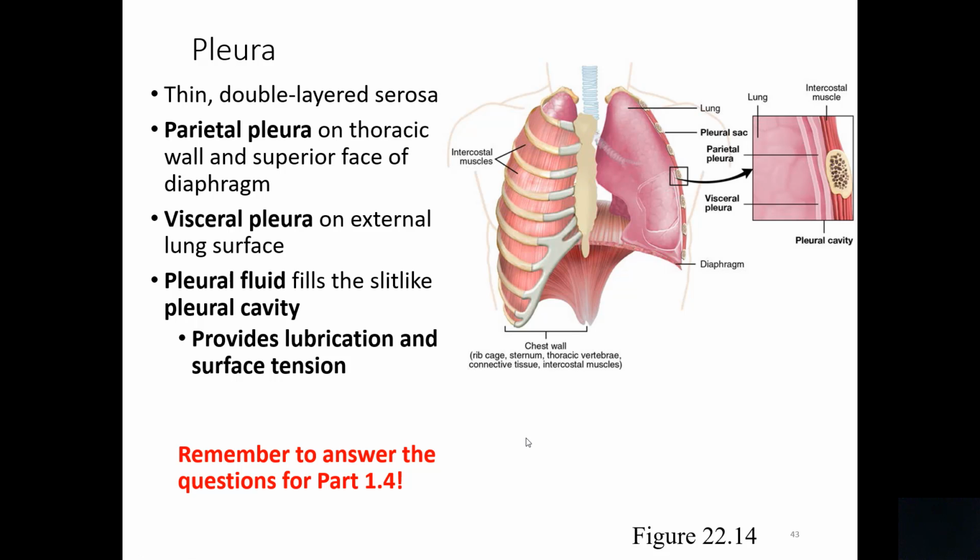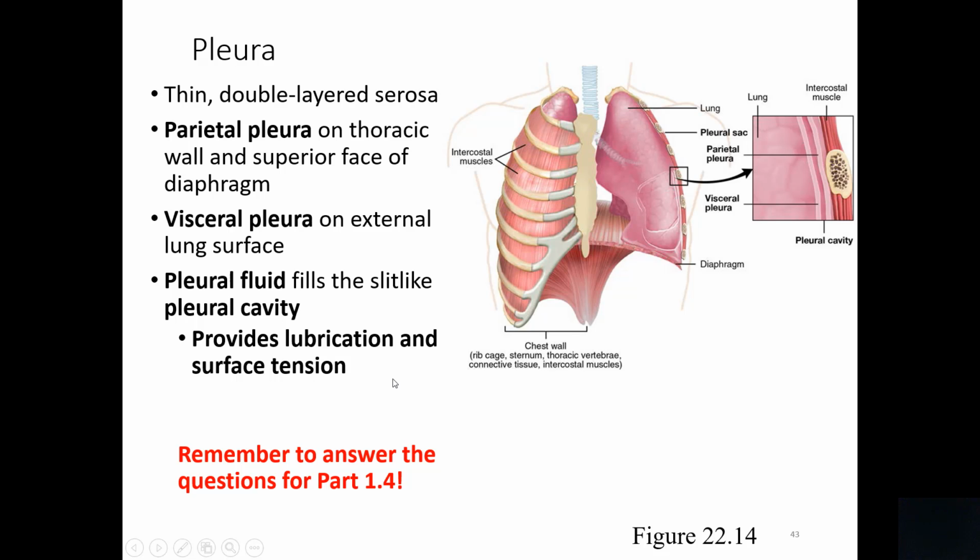And finally, pleura, the double-layered serous membrane surrounding both lungs. The outer layer of that membrane is attached to the walls of the thoracic cavity from the inside, and it is called parietal pleura. The other layer, the inner one, is attached to the surface of the lungs, and it is called visceral pleura. Between them, in the pleural cavity, there is some small amount of pleural fluid that provides